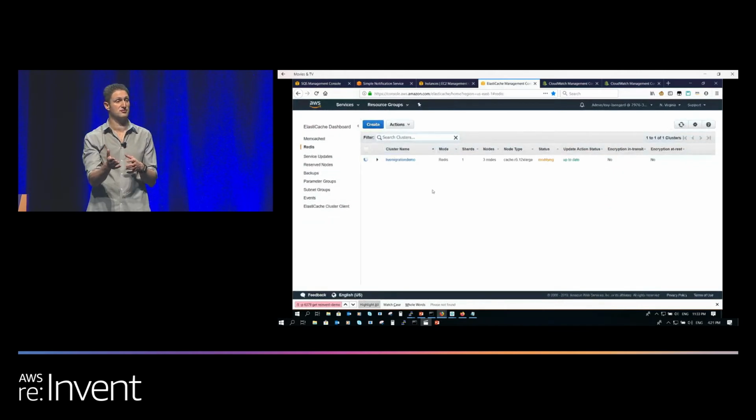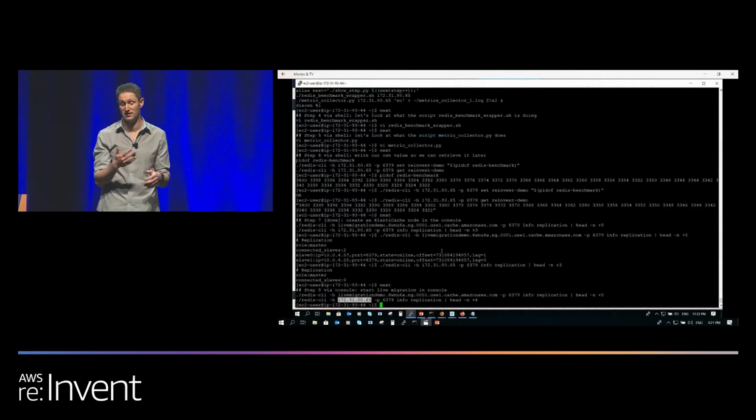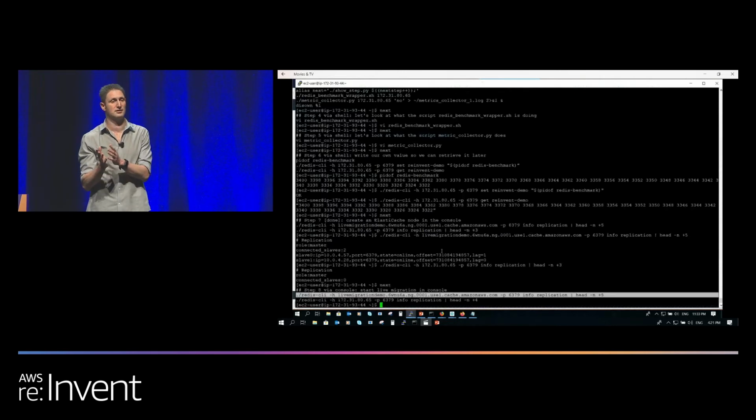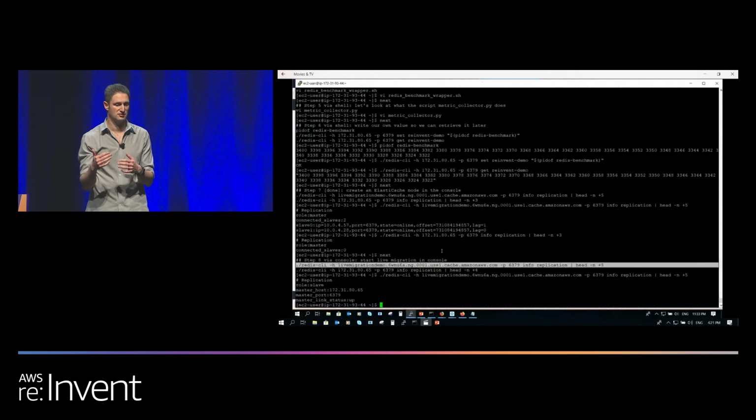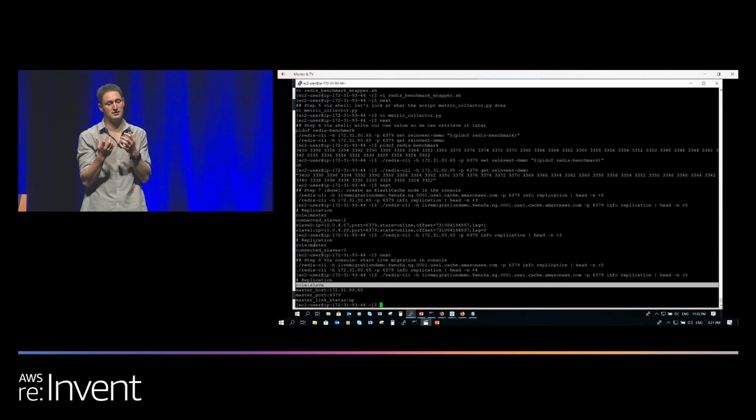As you will soon see when we look at the replication info, using the same commands I ran 30 seconds ago, the roles have changed. Now ElastiCache became a replica, a slave, and the master is the self-managed Redis on EC2.